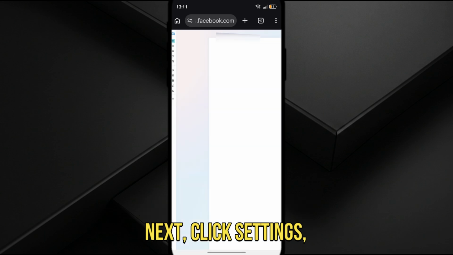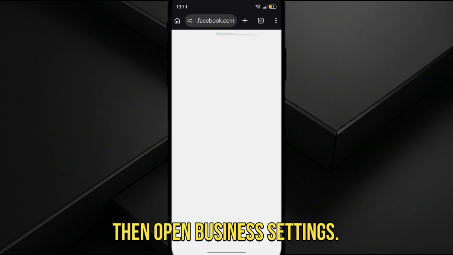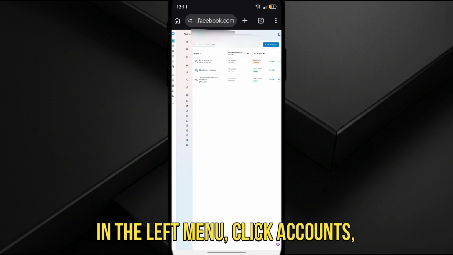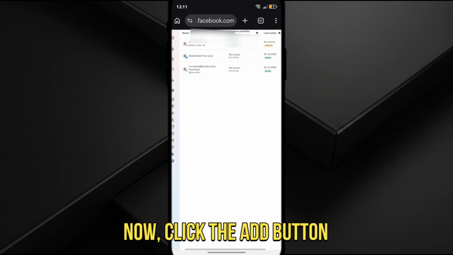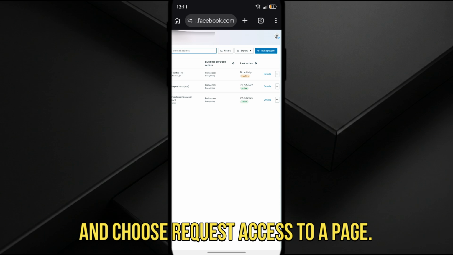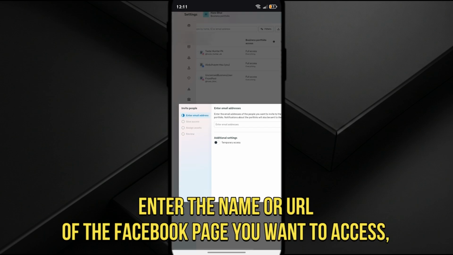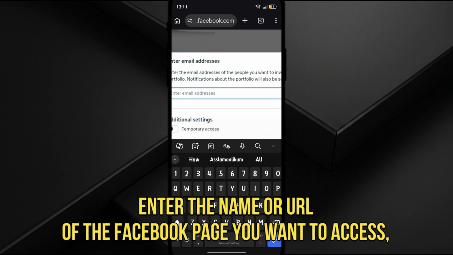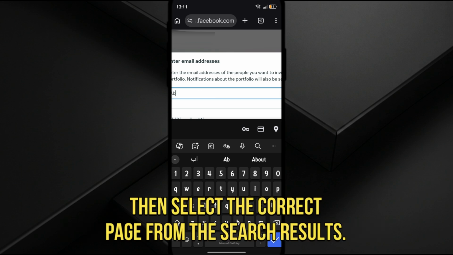Next, click Settings, then open Business Settings. In the left menu, click Accounts, then select Pages. Now, click the Add button and choose Request Access to a Page. Enter the name or URL of the Facebook page you want to access, then select the correct page from the